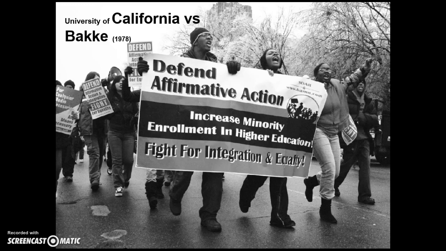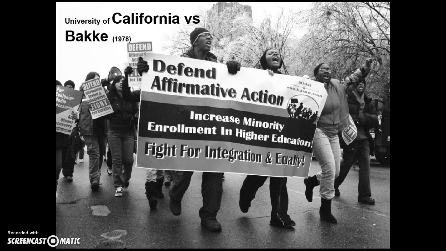One other 14th Amendment issue is around affirmative action, which is actively using race to help minorities that have traditionally been discriminated against achieve certain positions, either in universities and getting admitted to college or receiving certain jobs that traditionally wouldn't be open to them. Supporters of affirmative action say this is good, that we need to provide a stepping stool for minorities who have been discriminated against, and opponents say that it is actually practicing a kind of reverse racism where white people are discriminated against for the sake of race.